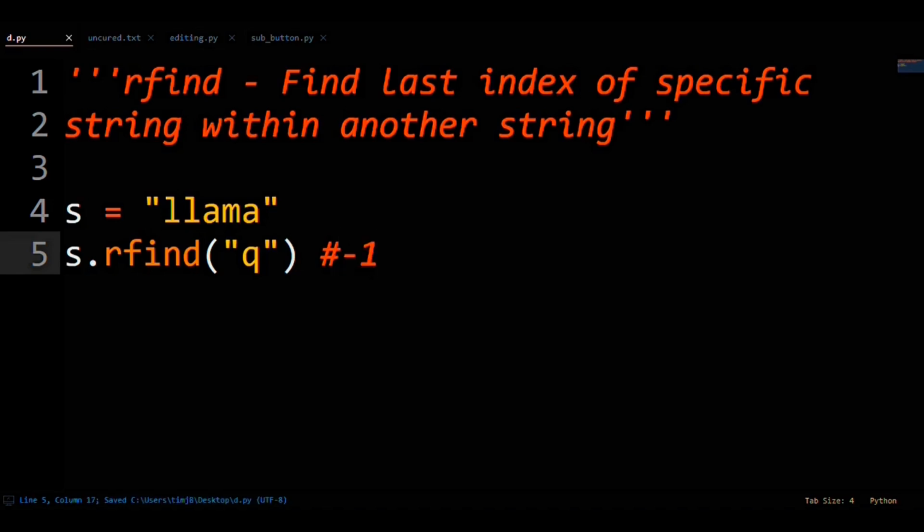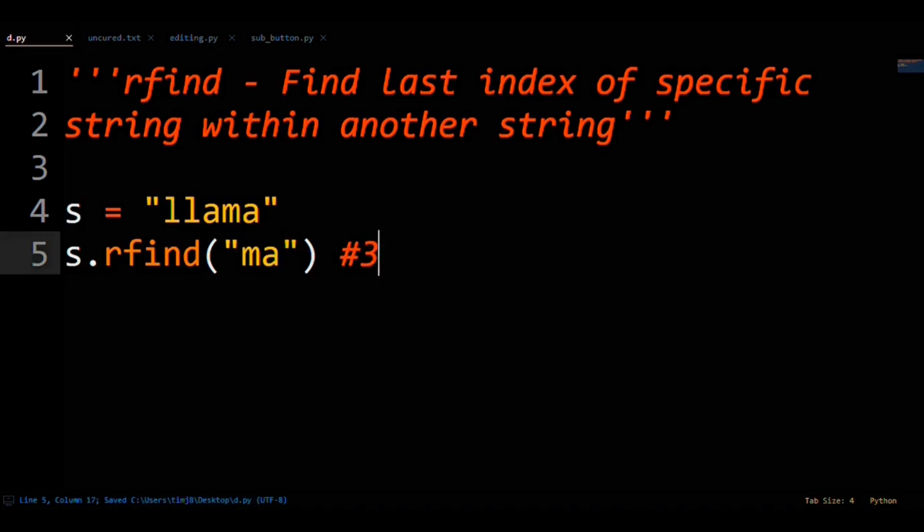Staying on llama, what happens if you're searching for a string that occurs multiple times within the same string? For instance, what if you did rfind for the letter L in llama? Rfind is defined to return the last occurrence of a string that occurs multiple times, so the index would be 1, not 0. So what happens if you just search a regular string like "ma" in llama? Ma only occurs once, so rfind simply returns the index ma starts at, that being 3.